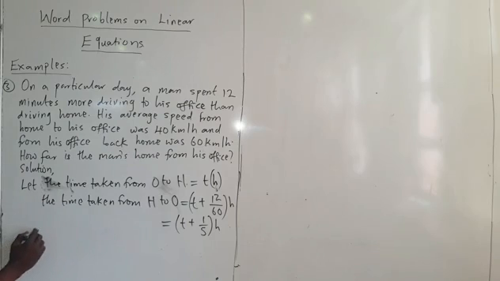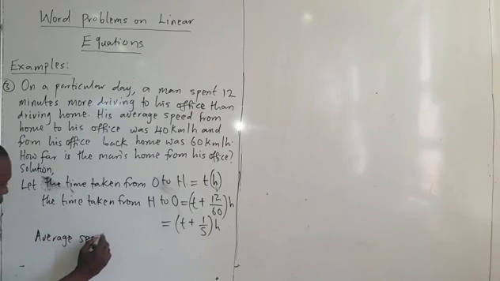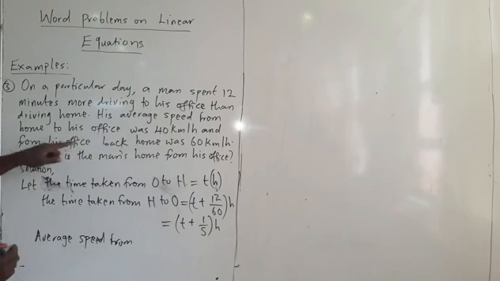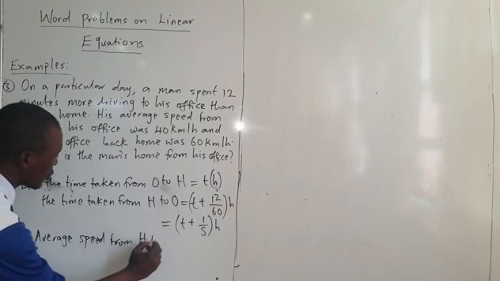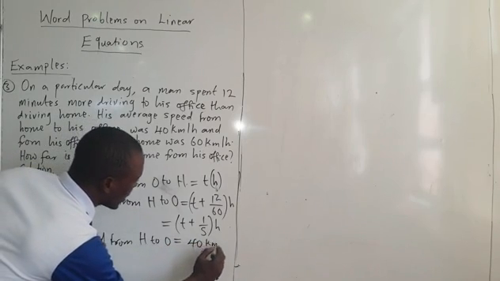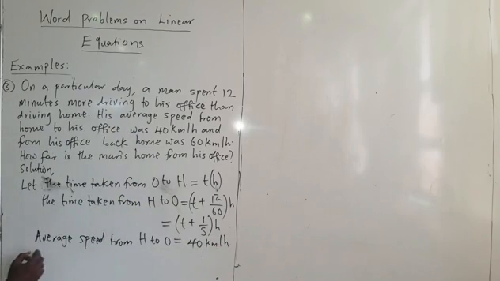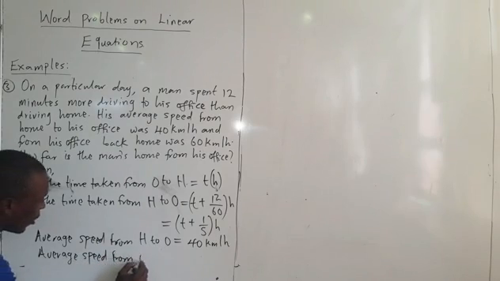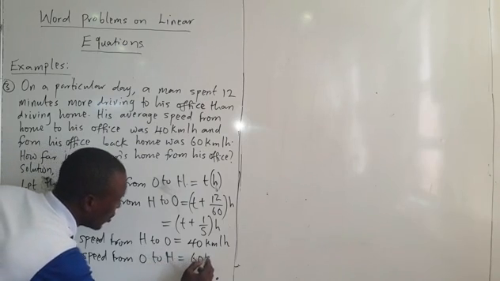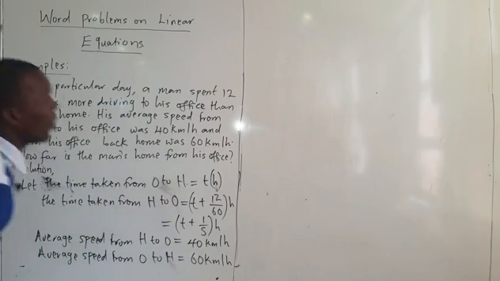So average speed from home to office equals 40 kilometers per hour, while average speed from office to home equals 60 kilometers per hour. But if you can remember,